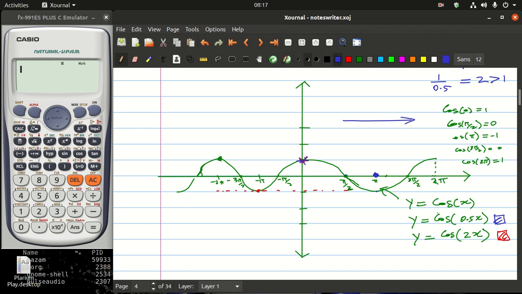I multiply this by 2, it is going to be there, because this is going to be 2 pi, so I'm there. And then what's going to happen here is that this curve is going to come there, and then it becomes 0 there, and then it goes all the way up here, and then it becomes, okay,